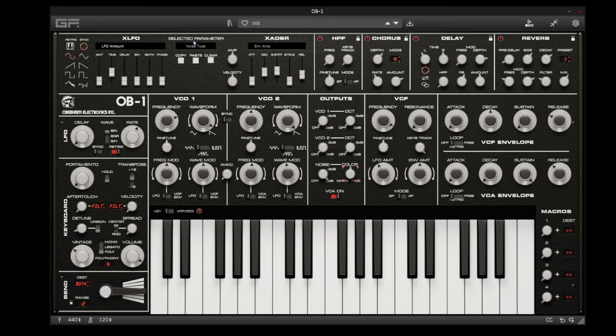Whatever I press, now keep an eye on this where it says selected parameter. Whichever control I tap, you'll see it changes to this. You can have insane modulation. They're all independent, so tap on this, tap on this. It'll all change up here, and you can either use the XLFO, the XADSR, or a blend of both. So if we click on the noise color here, and I bring the amount up,